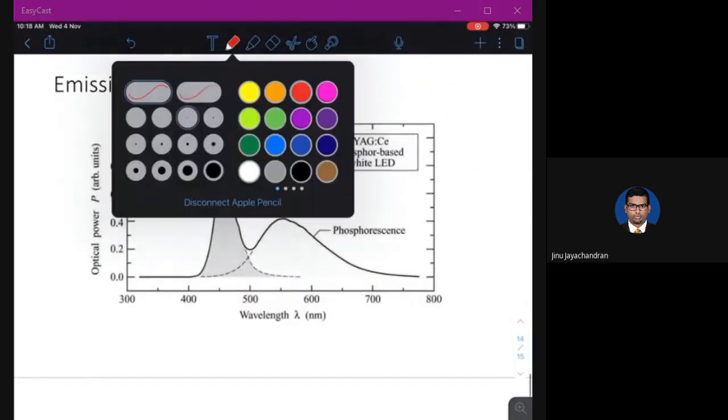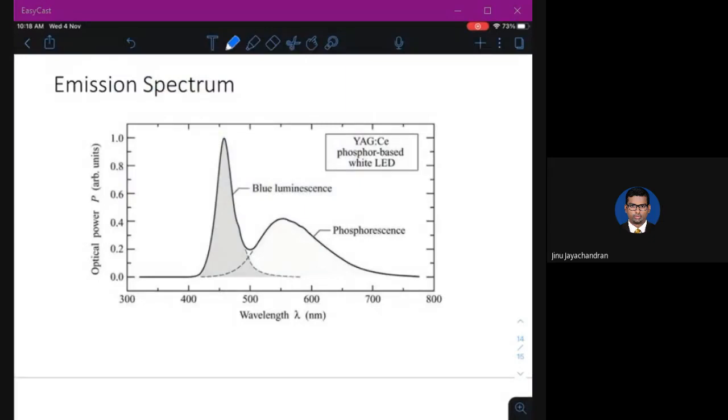If you look at the emission spectrum of the phosphor, you can see that there is high intensity of blue, because blue light always gives a maximum luminous efficiency, which will give high power. And the phosphorescence has a much broader spectrum. But the power generated by phosphorescence is less. So you will not be able to get exact white light. You will have a blue-tinted white light because the blue has higher power. So you will see a white light, but you feel like it is a bluish white.